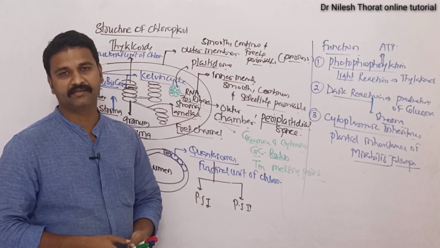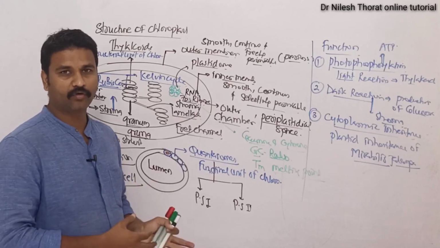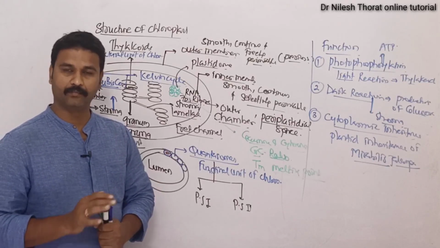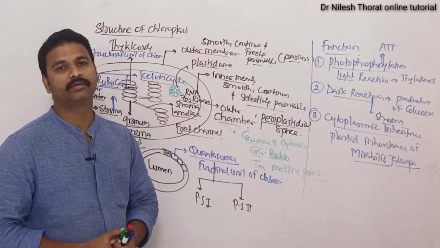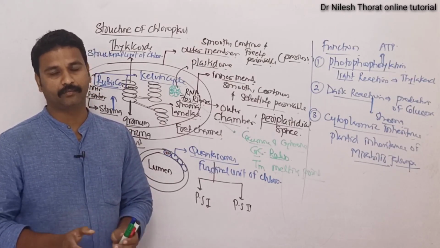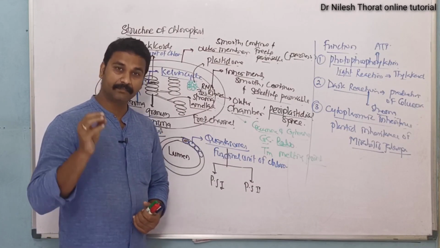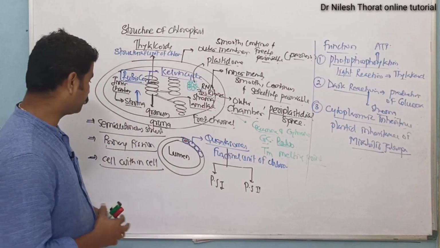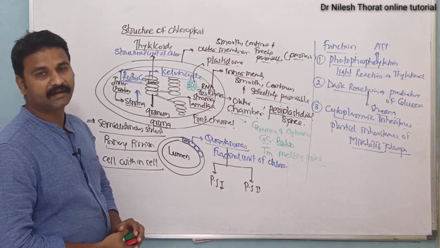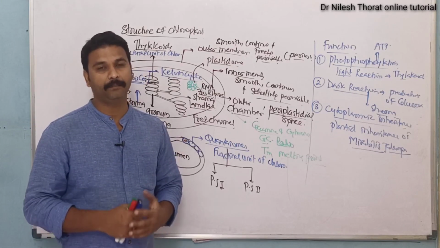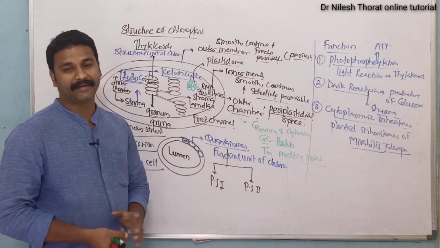These DNAs are responsible for cytoplasmic inheritance, as we have discussed in the case of mitochondria and chloroplast. Both have high GC ratio, both have high melting point, and both are responsible for cytoplasmic inheritance, which is also called maternal inheritance. And both, mitochondria and chloroplast, are called cell within the cell, as they have so many similarities with the bacterial cell. So this is all about the cell organelle chloroplast.